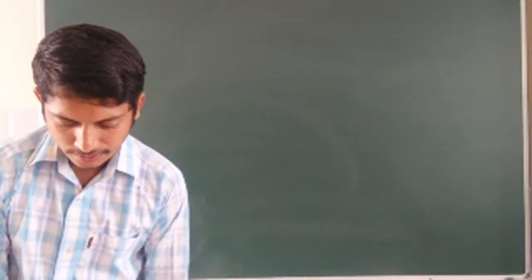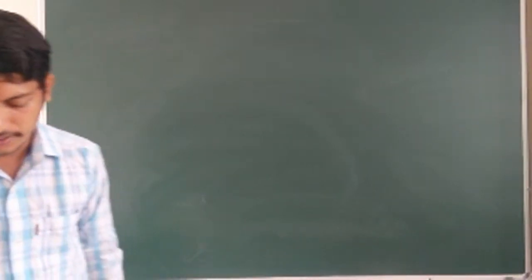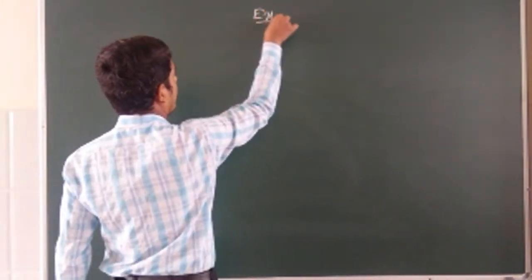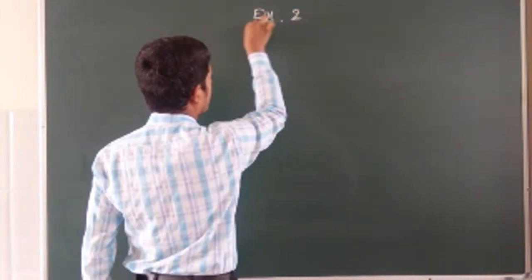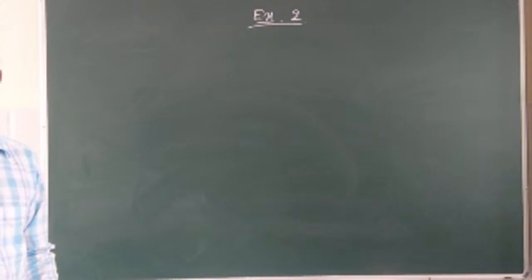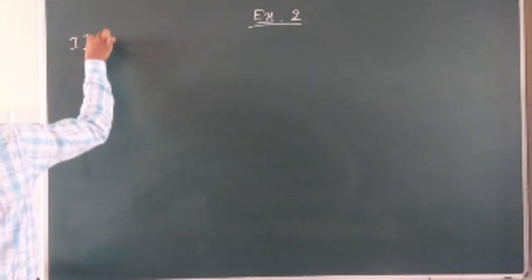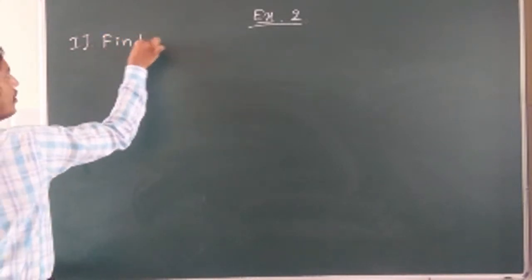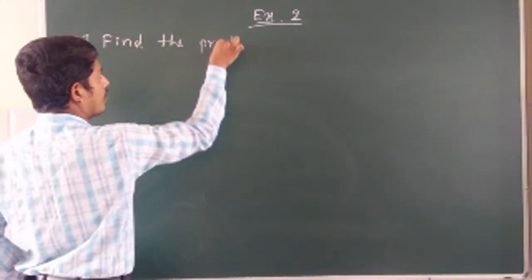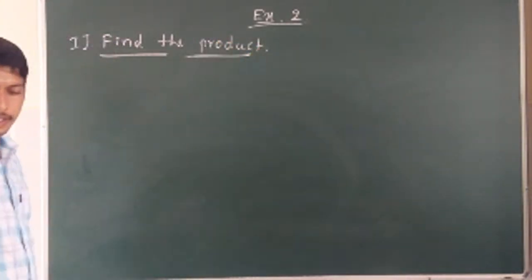Now next, the next exercise is exercise 6.2. Find the product of the following pairs of monomials. Find the product. The first one is